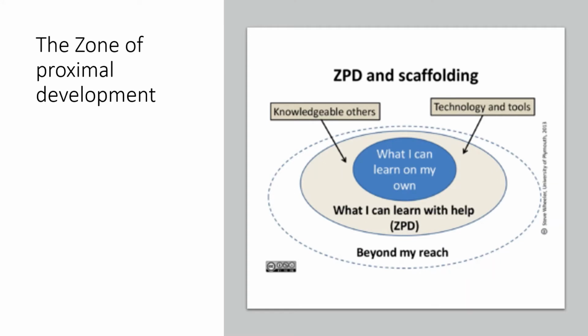Vygotsky's main piece of work was around the zone of proximal development. Now, this is a nice piece of research and a nice little learning theory that sits around the idea that children have got an inherent amount of knowledge and skill that they can work comfortably in, and they will work to their own ability, and that's that little blue oval in the middle there, so what children can do on their own. What Vygotsky said was, when they work with a teacher or a more skilled peer, they